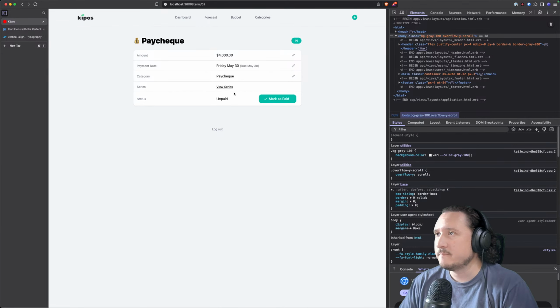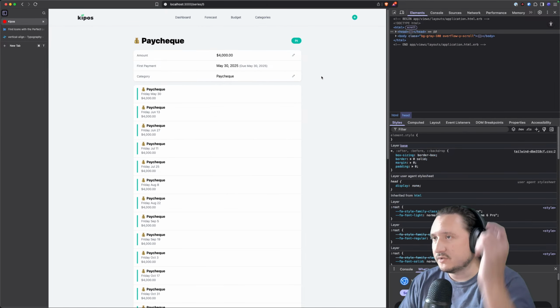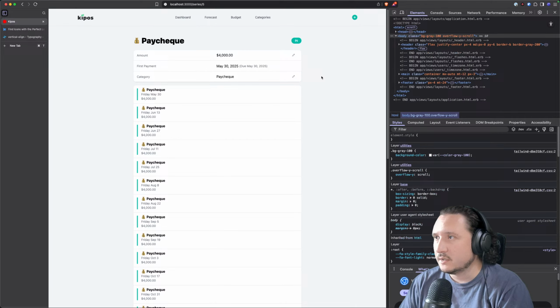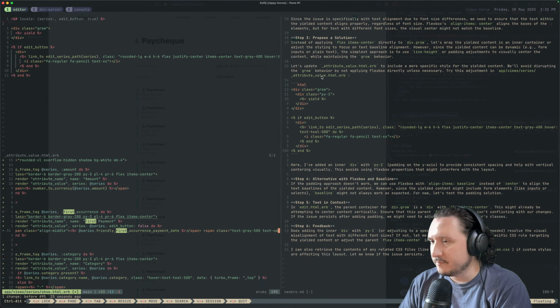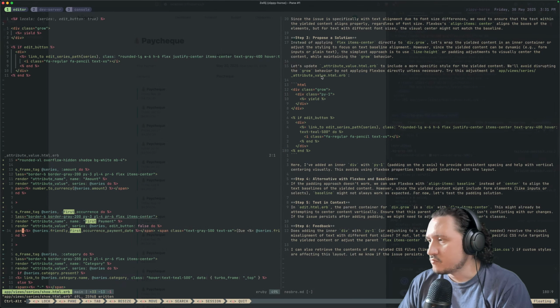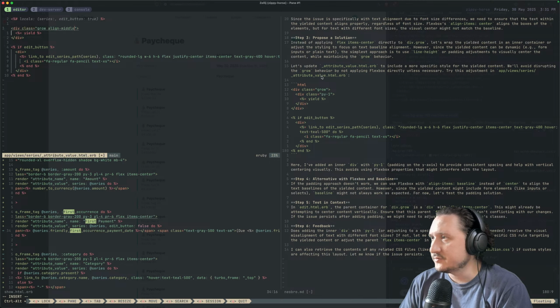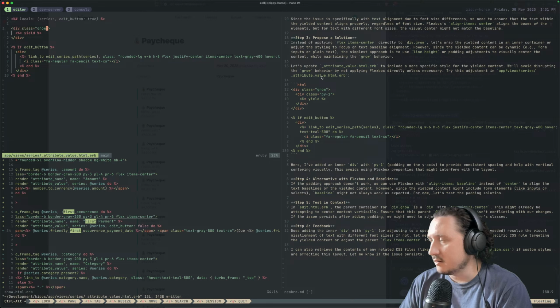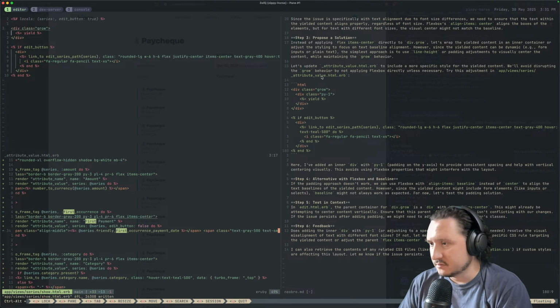Oh, crap. I'm not even looking at the right thing here. Let's try that again. Okay, that worked. Almost looked like it made it. It almost makes it look like it makes that row larger. So let's do this. Line middle and see if that works. No, it doesn't work on the parent. So it has to be on